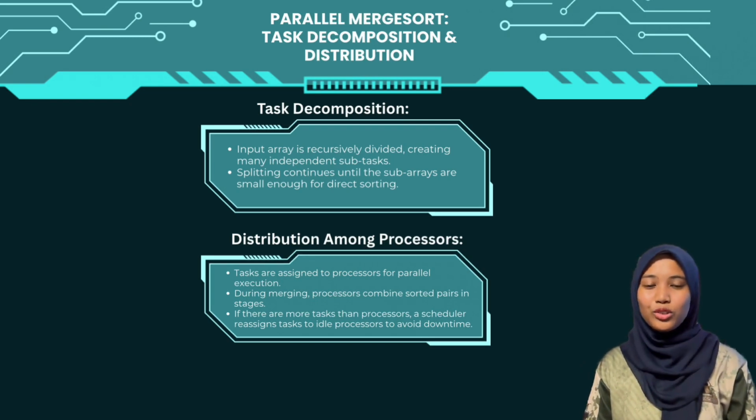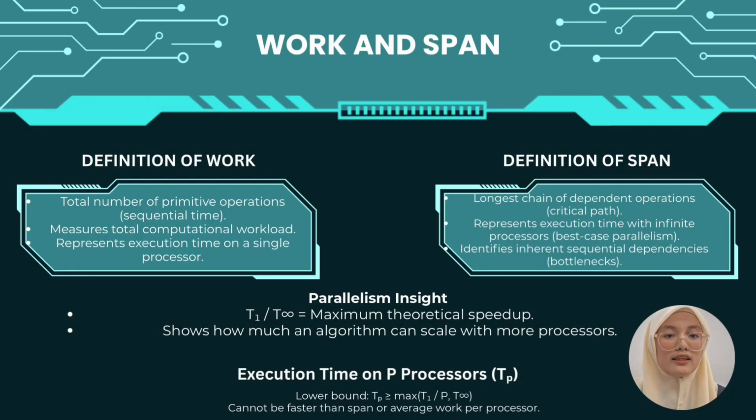With that, let's move on to the next part, which is about work and span. Work, denoted as T1, is the total number of primitive operations an algorithm performs and represents the time it would take on a single processor. It measures the overall computational workload. Span, or T infinity, is the longest sequence of dependent operations and shows the minimum time required using unlimited processors. It highlights the parts of the algorithm that must be executed sequentially. The ratio T1 over T infinity represents the maximum theoretical speedup of an algorithm and indicates how well it can